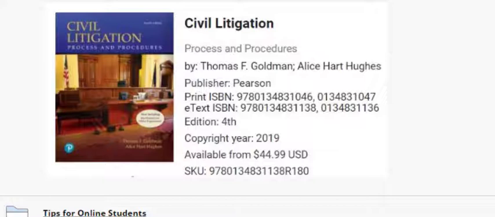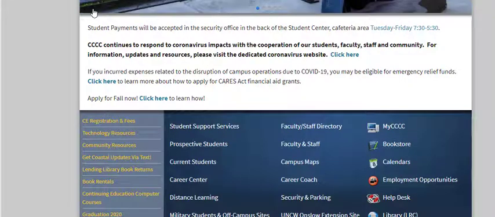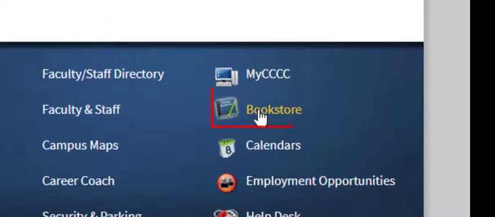It does not matter if you purchase new or used, hard copy or electronic. The college bookstore has this text available, but you can also use any of the online textbook sellers as well. If you're going through the bookstore, you can purchase in person or through the college website by clicking on Bookstore,